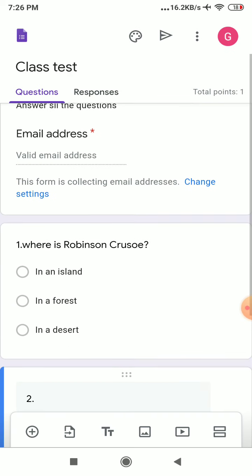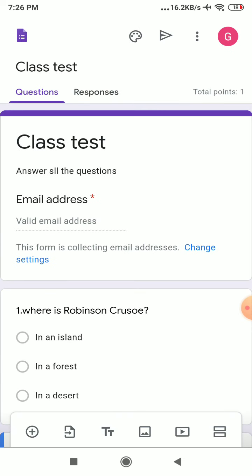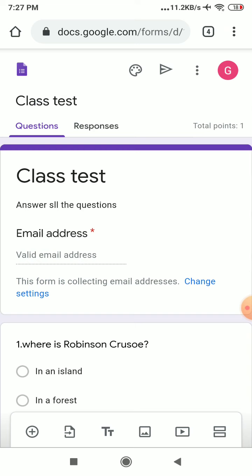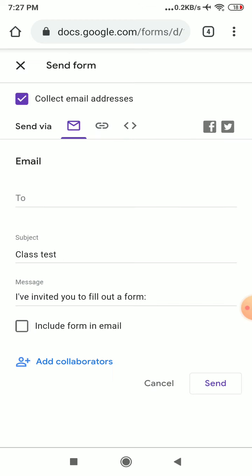Then in this question, you see email address, it is mandatory. The email address is to be typed by the student, and with this email ID they can submit their answers, and they will be able to see their score also through this email ID. Okay, the scores can be released to all the participants at a time. Yeah, individually to the participants the scores can also be released. Clear? So now we are coming to the last part, that is the middle button, that is how to send the form, that is the question.